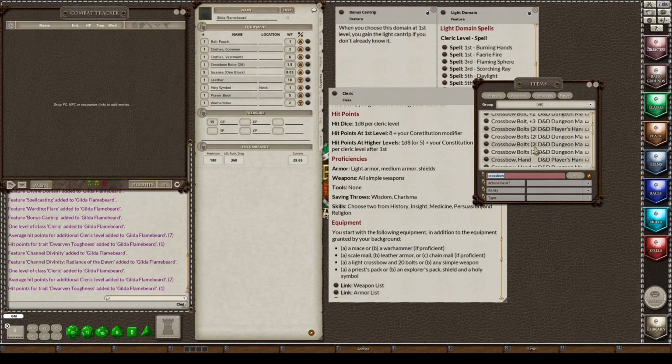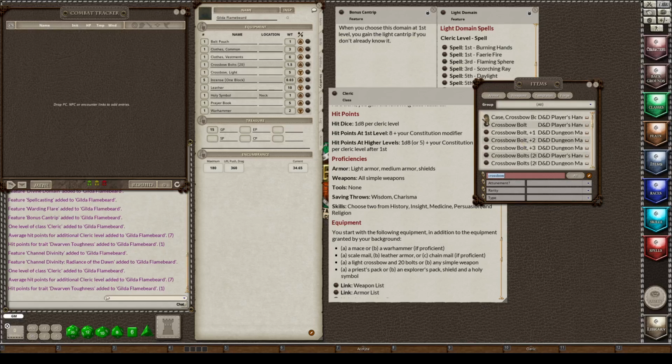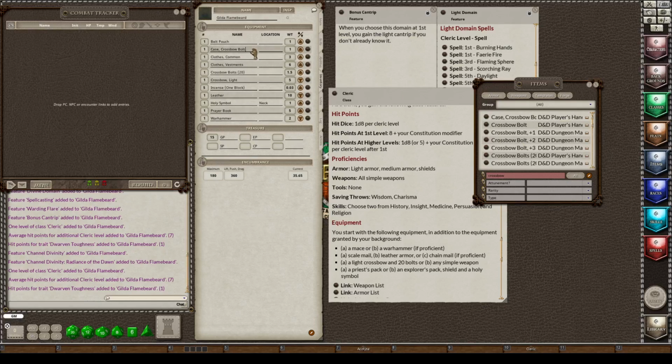And then I'm going to take a light crossbow from the Player's Handbook. And finally, I want to have a case for my crossbow bolts to be stored in. And I'm going to change this to crossbow bolt case. Okay. And when we go to the crossbow bolts, I'm going to type crossbow bolts.